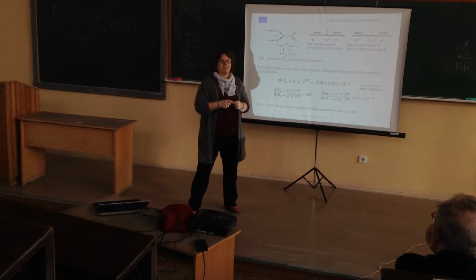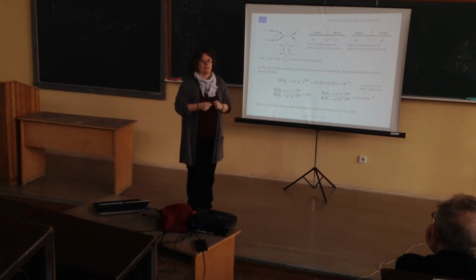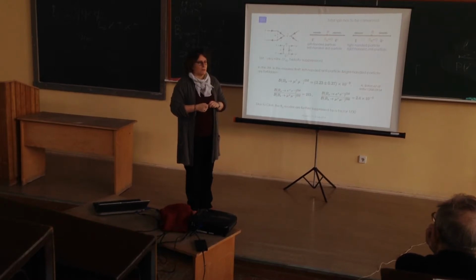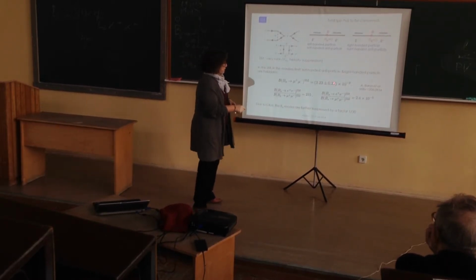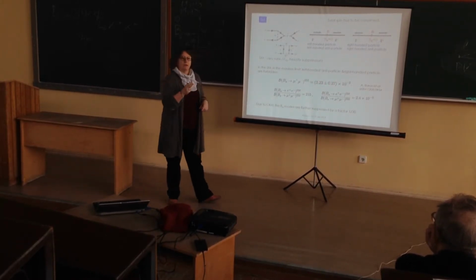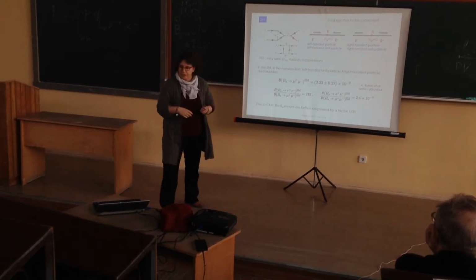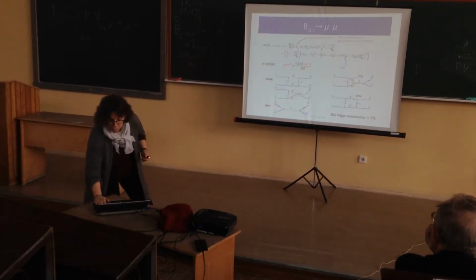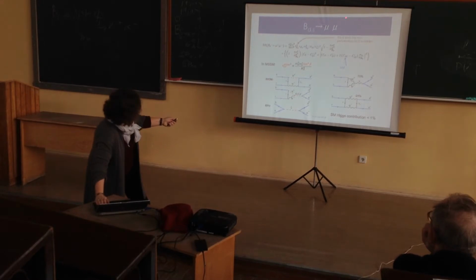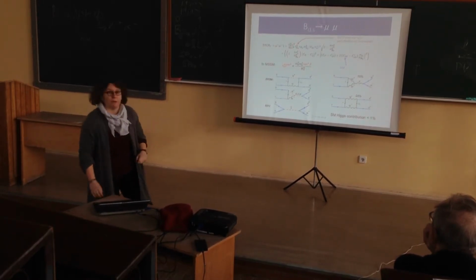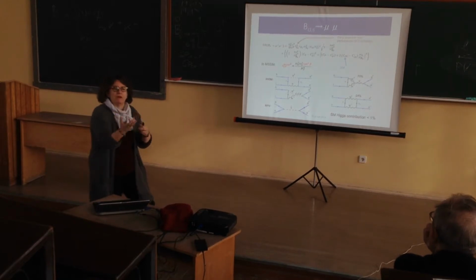Yes? Could you clarify what the uncertainty for electrons will be? Will it also be 0.27, but 10 to... Yeah, it will be the same relative error. Because all of the uncertainty is not due to the electron mass, but due to the non-perturbative QCD, which has nothing to do with the electron type.